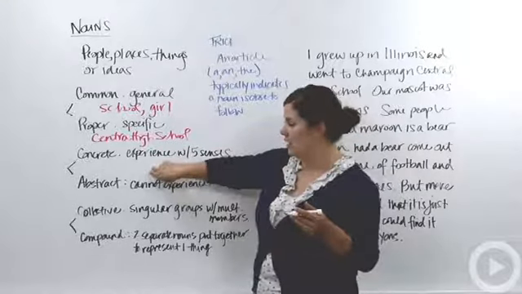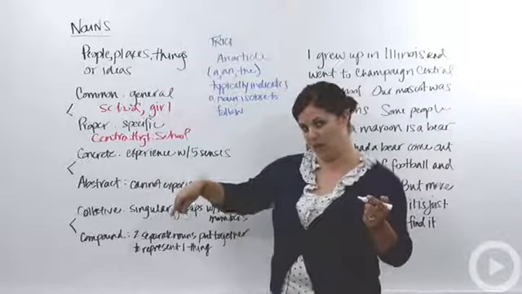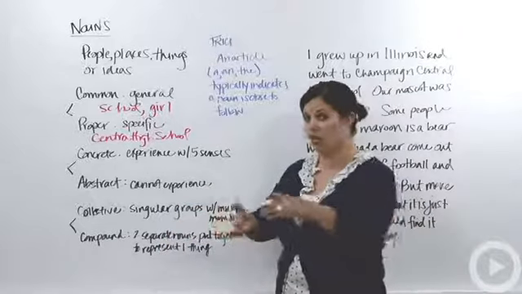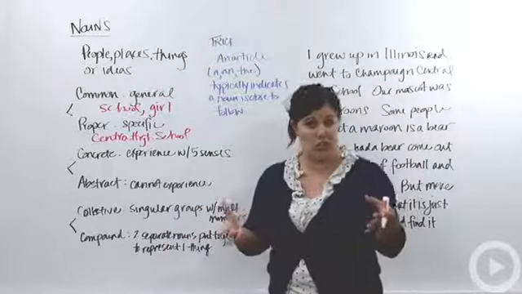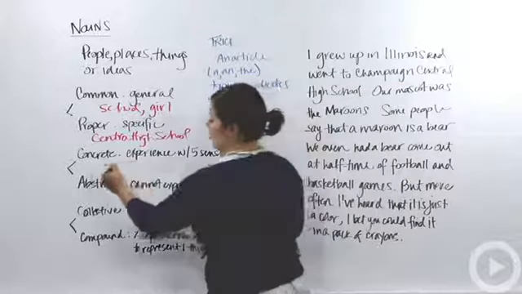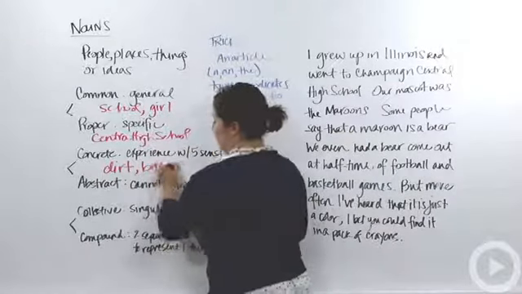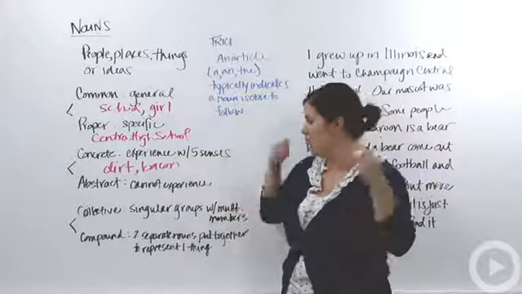The next set of nouns we have are concrete nouns and abstract nouns. Now, concrete nouns are those you can experience with the five senses, so things you can actually put your hands on or package up in a box and send somebody. Things like dirt or bacon, right? We have all those things we can put our hands on, we can smell them.